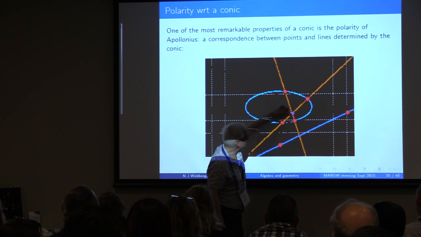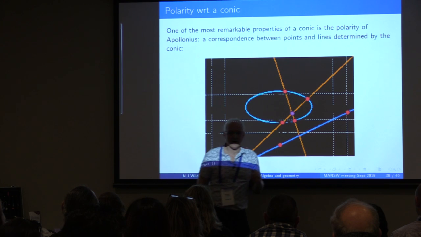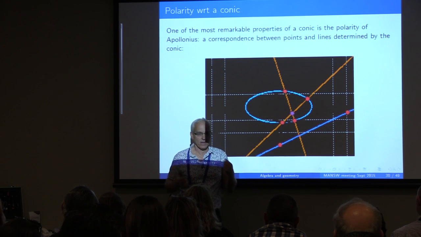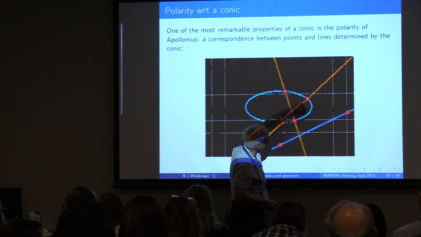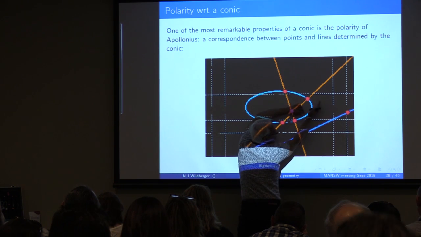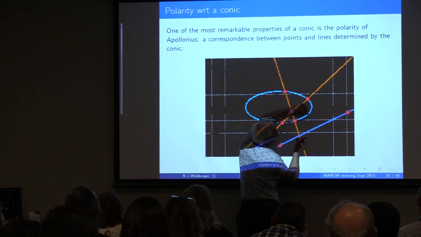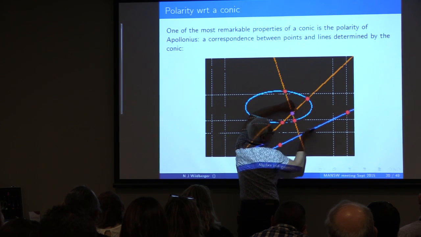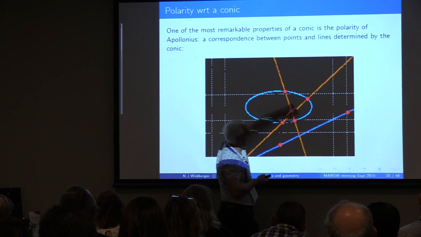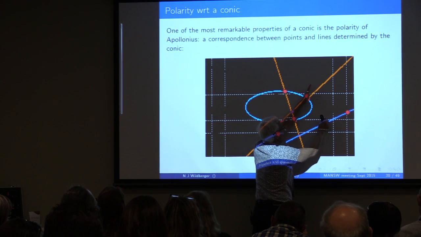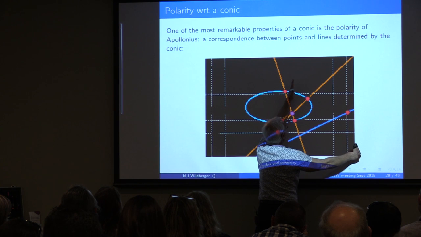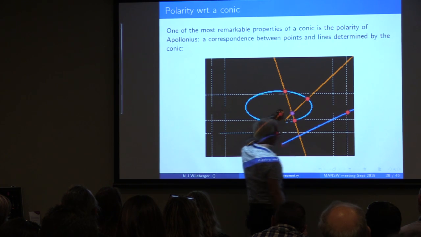So this point here and this line here are in correspondence. Okay, and the correspondence is such that as this point, say, happens to move towards the conic itself, this line will move correspondingly towards being a tangent. So when this actually becomes on the curve, then this corresponding line becomes a tangent. And you can move this point over here. If this point was over here, then the polar would be something like this. And as the point moves further away, the polar would approach sort of a diameter.